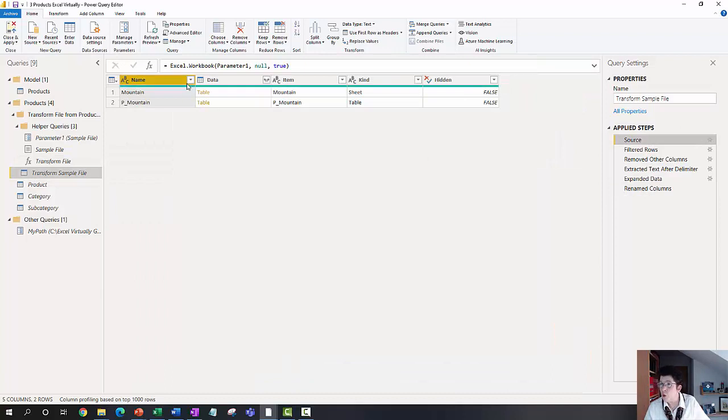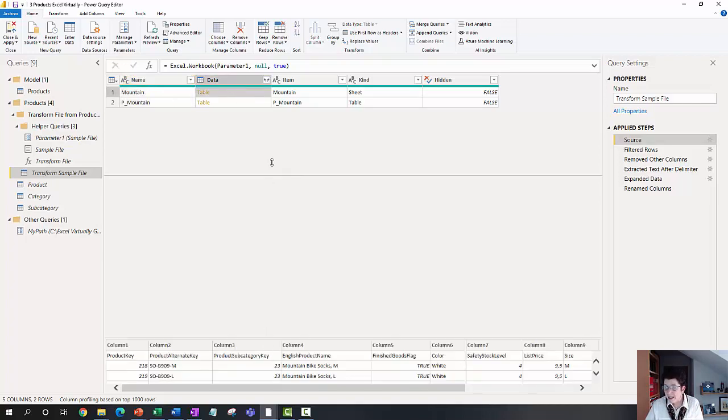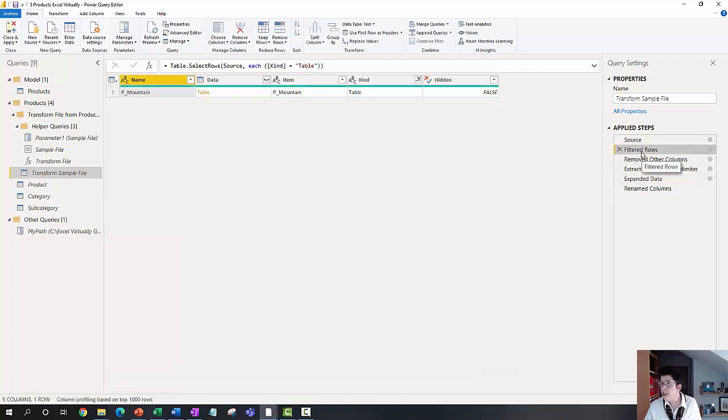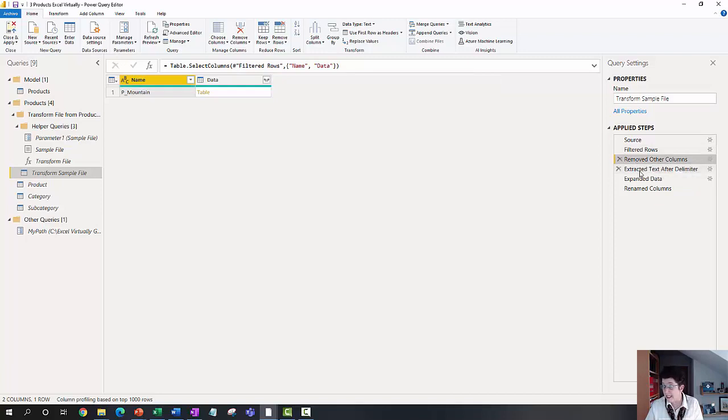Let's see. First, we need to look at the first Excel file. Here is the content of these files, but the real content we can see here from this column, data. Here we see the real information is here. In this case, we have a table and we have a sheet. Okay, then we need to filter to just take one object from the Excel file, remove other columns for cleansing,